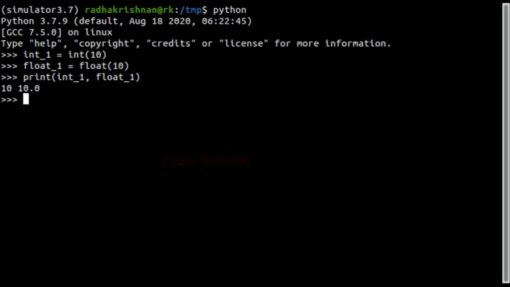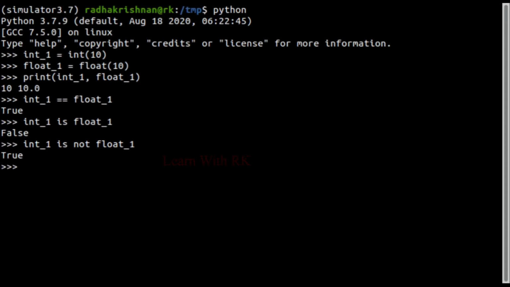Let's see the negate operator and equality operator with another example. Here I have two variables, integer and float, with the same value 10. Let's do the different comparison operators for these variables. First, I have done the equal condition, where it compares only the value that is present in the variables. Next, I have used the is operator, where it not only compares the value but also the variable type. Since one variable is integer and another variable is float, the result is false.